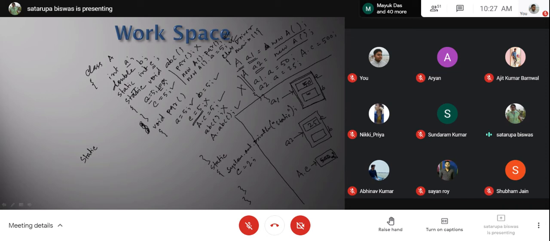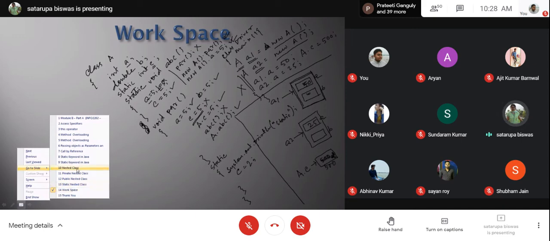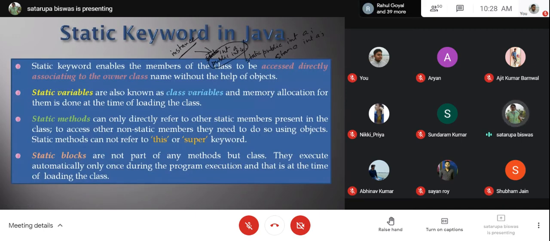Now, after that, you create another object. The objects are getting memory spaces over here. You initialize the values of A. Those are present over here. Then a.c you are trying to change to 500, so that means this value will be overwritten with 500. So this type of thing is going to happen. This is called the static block. Now let us go to an example which will show the nature of static in a broader way. They execute automatically only once during the program execution, and that is at the time of loading the class.